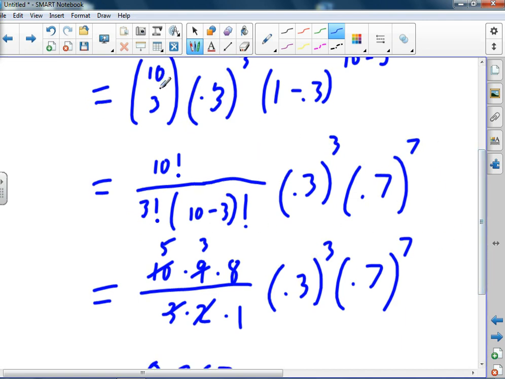And I'm pretty sure this is, if I go 10 items taken 3 at a time, I get 120. Do I get 120 down here? 15 times 8? 15 times 8. Yeah. So, I could put in my calculator